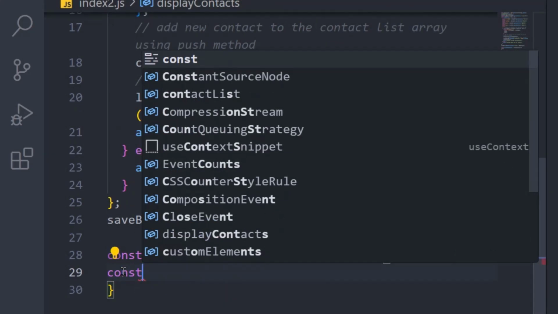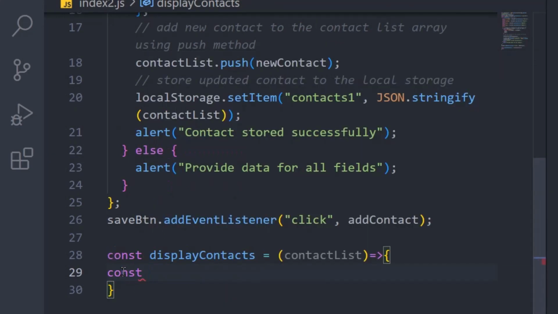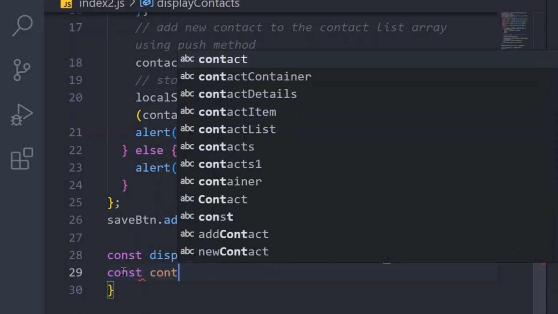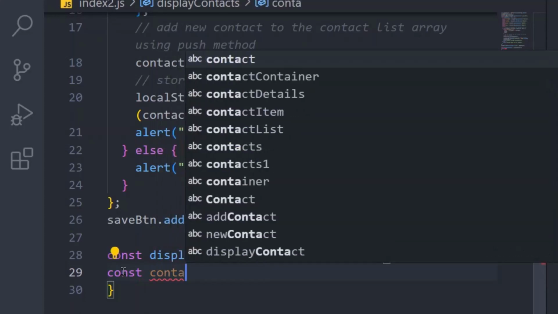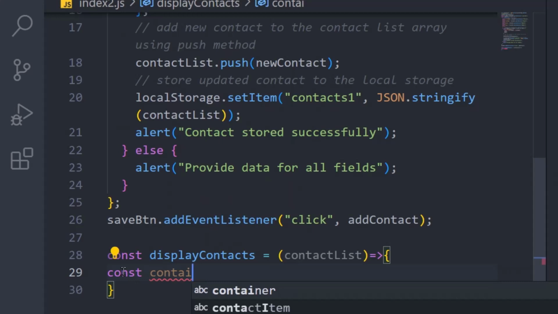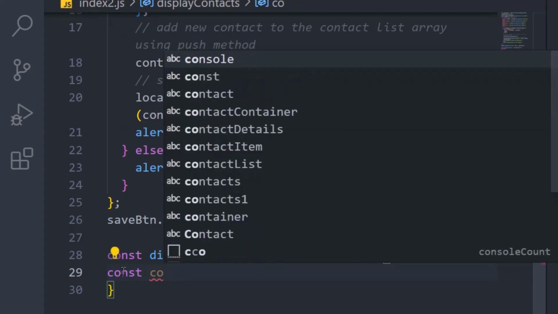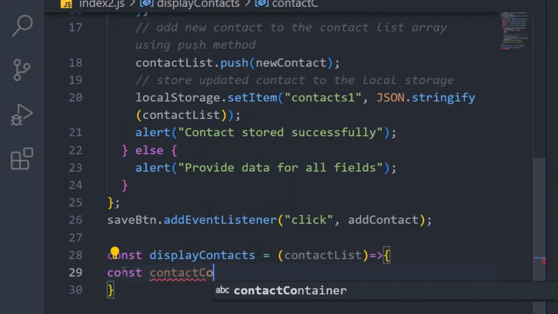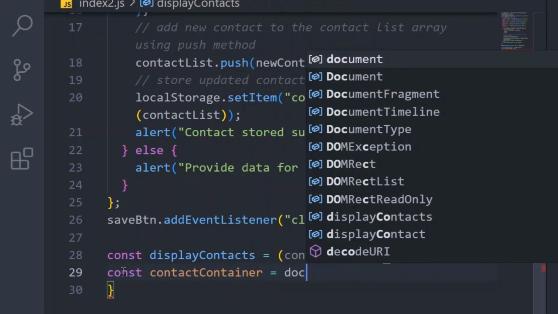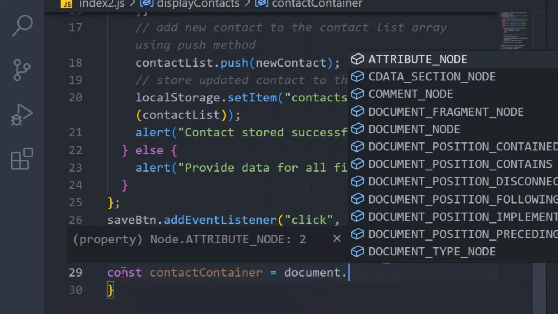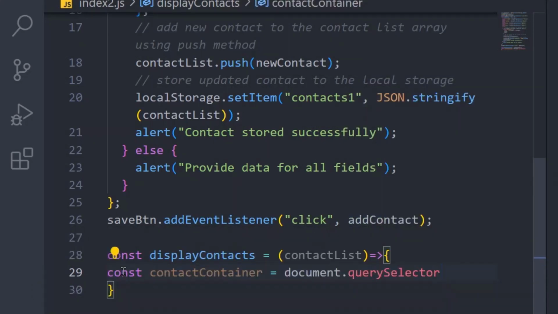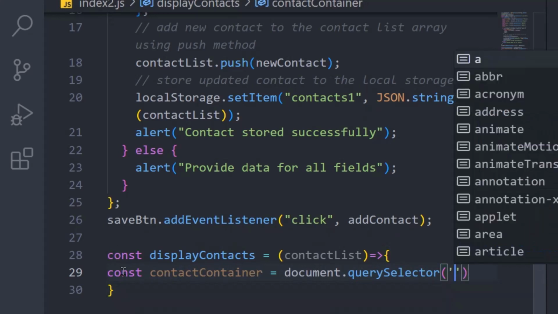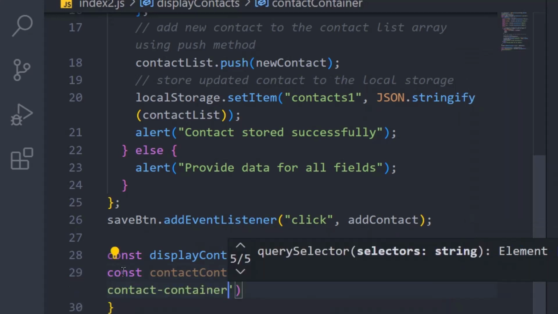I'll try to access that particular container. So I'll say const container, let's make it descriptive, contact container, and then we'll use the document dot querySelector,